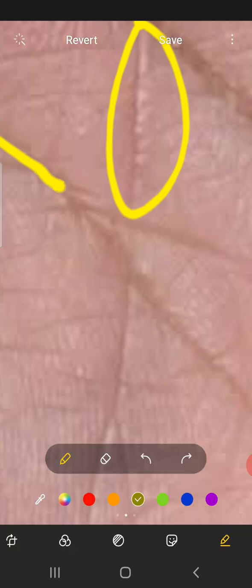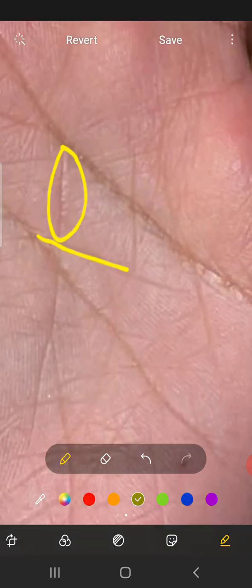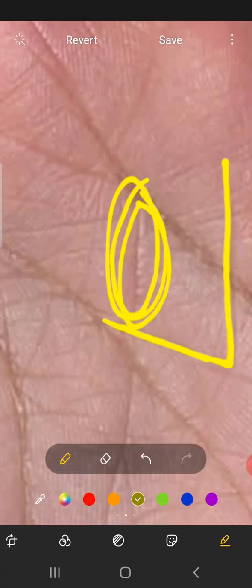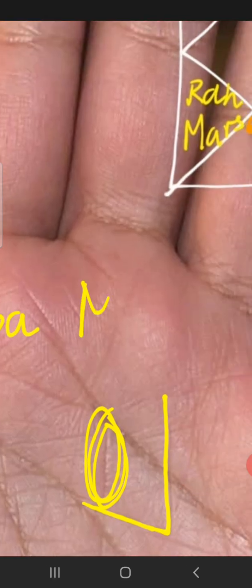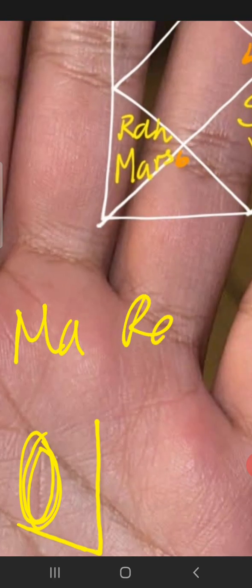Observe that this Kuja Rekha has a branch. This branch, look at this branch. Let me zoom out once more. Have a look at this Kuja Rekha. This one, it comes here, and there is a line that is running parallel to this line. That means the Kuja in this case, as you know that the Saturn, Mars and Rahu are in trines, the